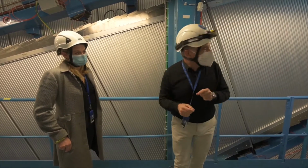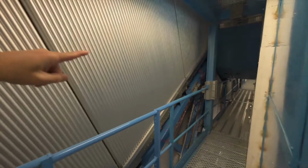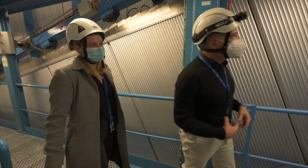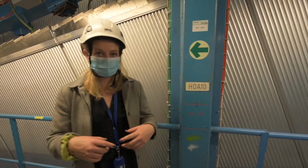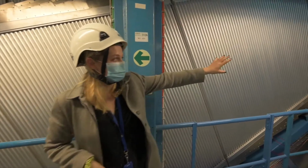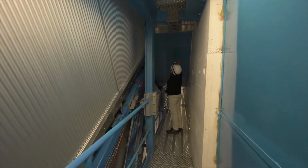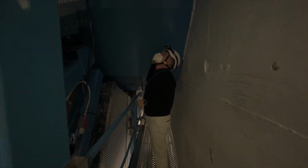What's really cool here, what I really like, if you take a look here, that's the LHC. See the blue there? If you go underneath that, you're under the LHC. So the actual tube that the protons travel through in the LHC is only about this big. But if you look here, you see what Stephen is touching right now. That huge object is beam shielding that surrounds these tiny proton-proton beams, because as the protons are moving around in